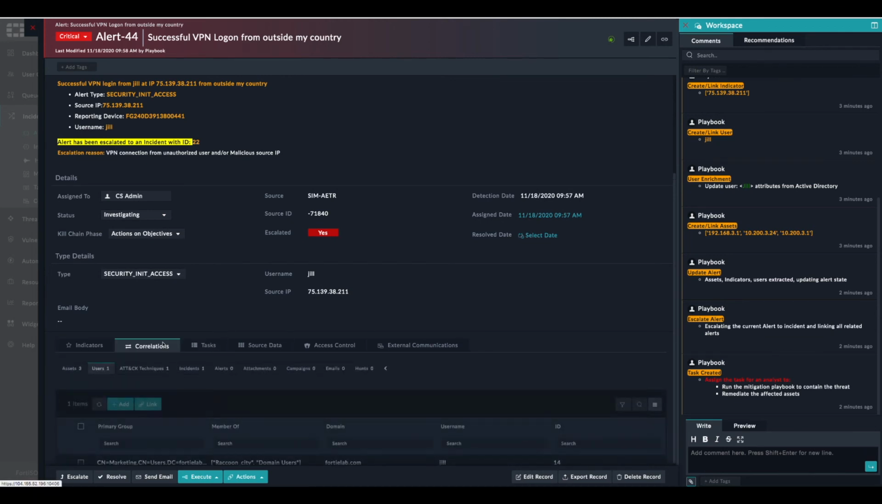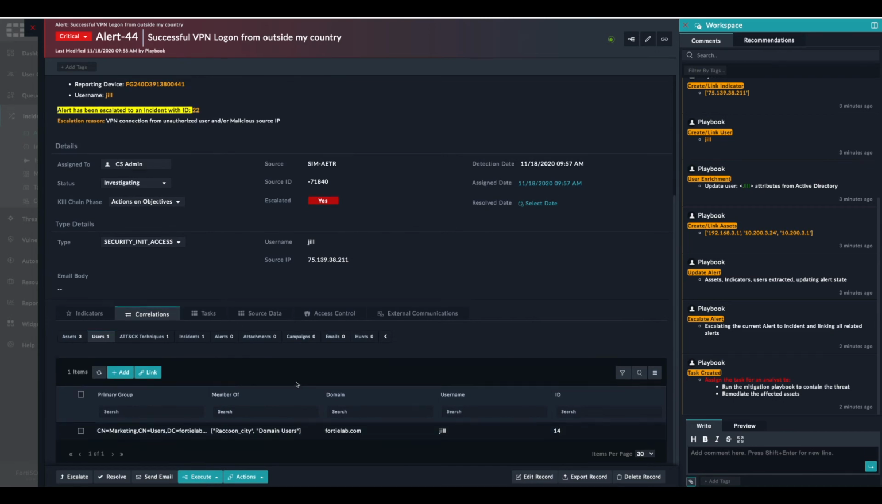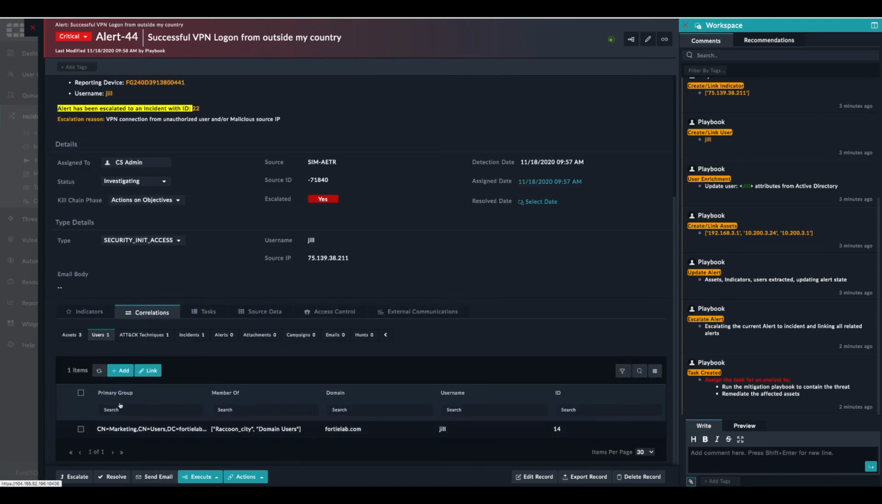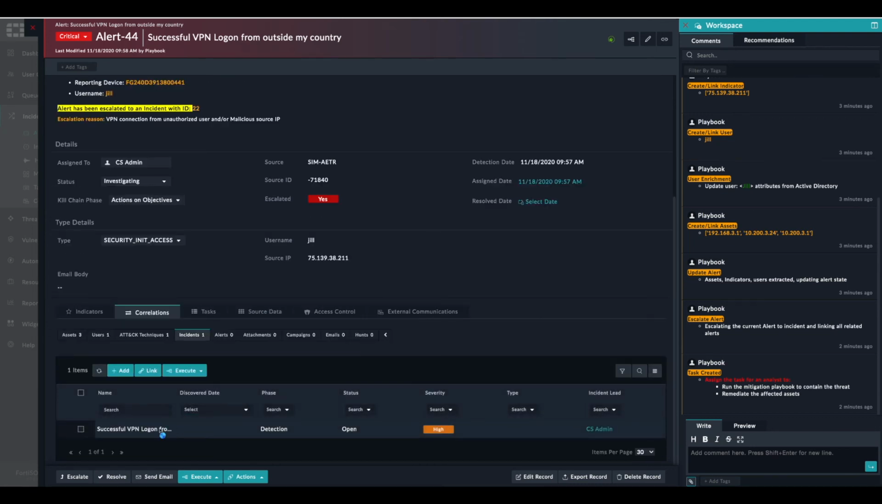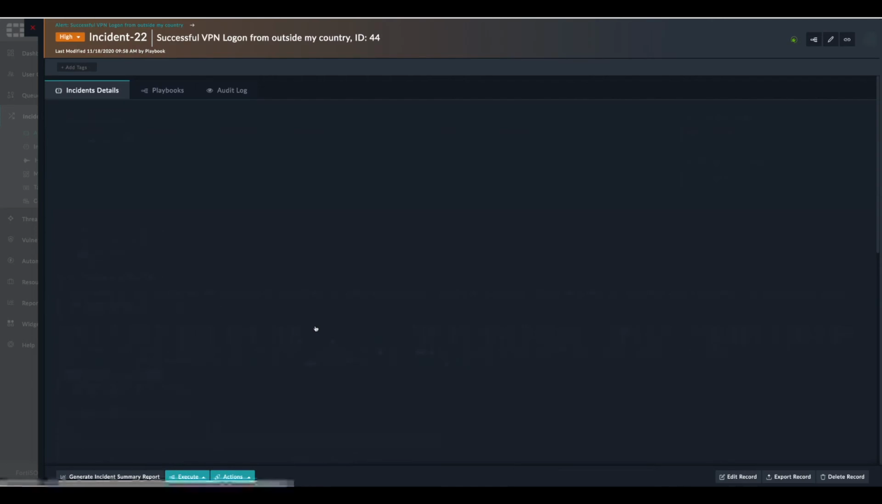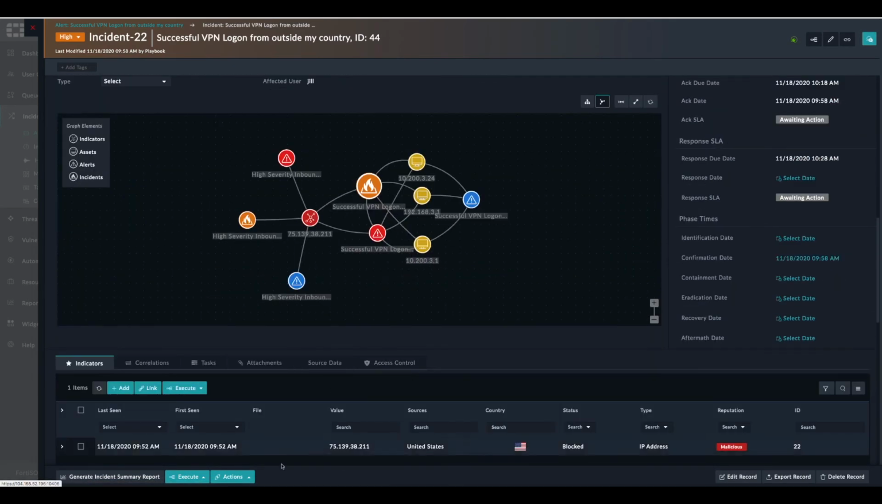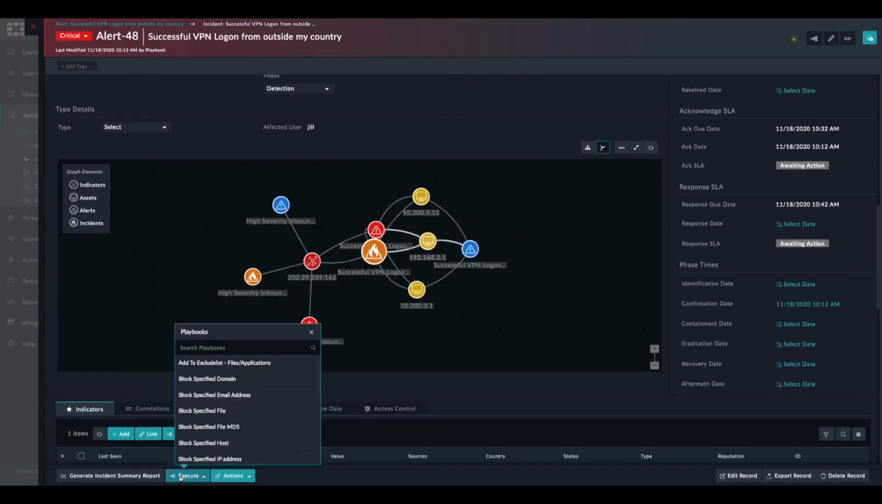But then we have another clue which indicates that this is an actual credential theft, because the connection is successful and the user is not allowed to connect from that particular location. Therefore, the alert has been escalated into an incident, as we can see right here. So we go to the incident, and at this point, we can trigger a remediation right away by triggering the credential